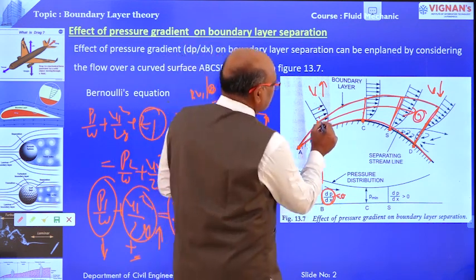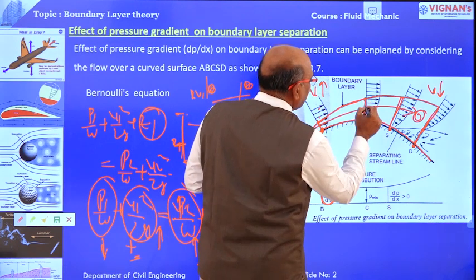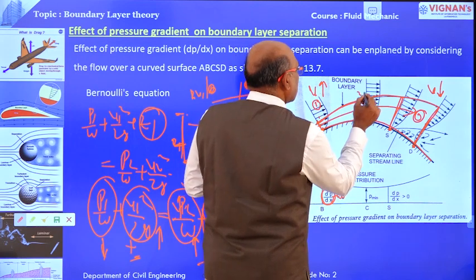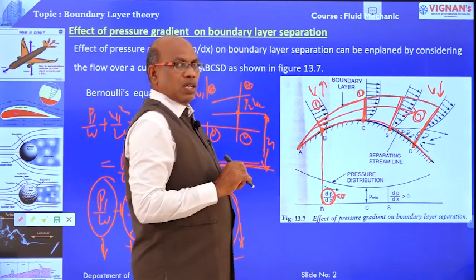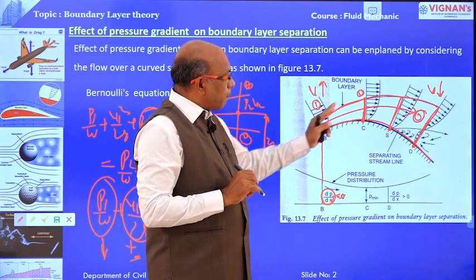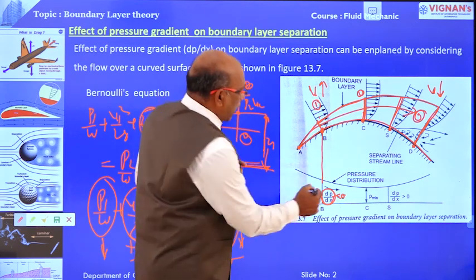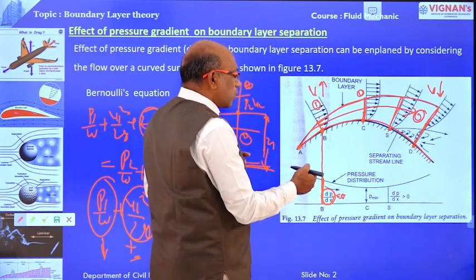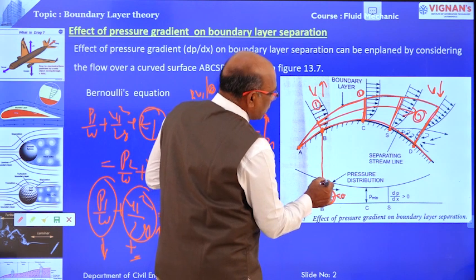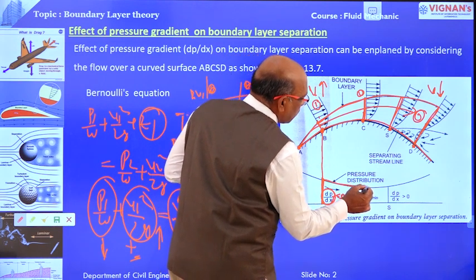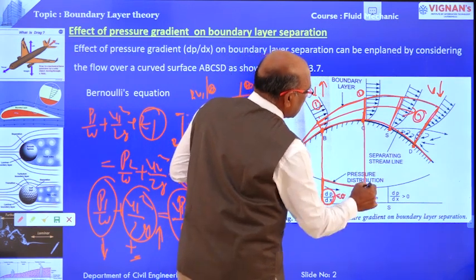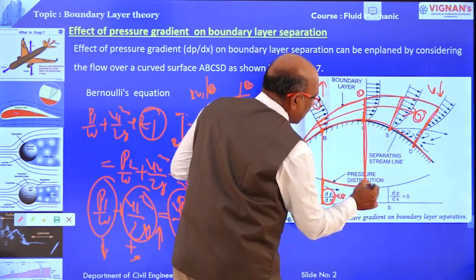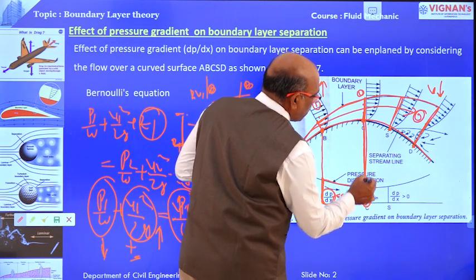Then gradually the cross-sectional area increases and velocity decreases compared with this point. At this point velocity is less, so automatically pressure slowly increases. At this point the pressure gradient is negative, less than 0, and gradually the pressure reaches the minimum value here. The velocity reduces here, pressure increases, and the pressure gradient goes from negative and reaches the minimum pressure at